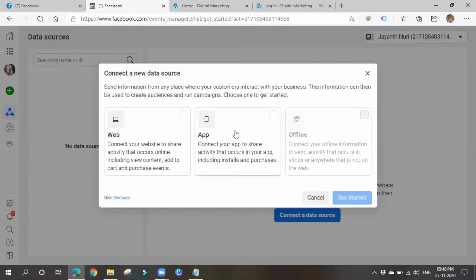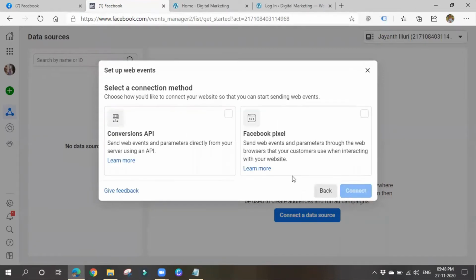Otherwise, if you want to collect the data from your app, then you can place your Facebook Pixel code in your app. I have a website, so I want to know what events and conversions are happening on my website. So I'll choose my website. Now click on get started.